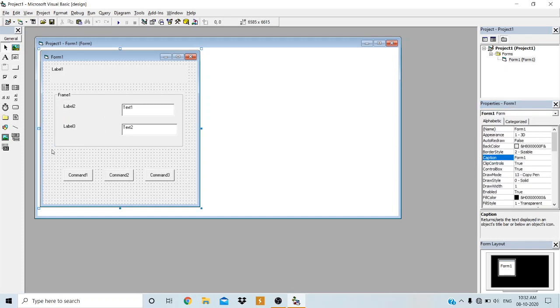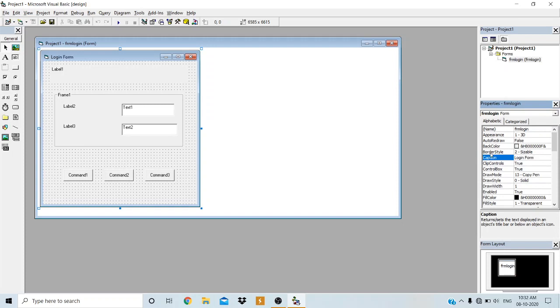Now we have to change the properties. So first I will select the form and change the properties with respect to the form. The form name I will change as FRM login, and I will change the caption as login form.